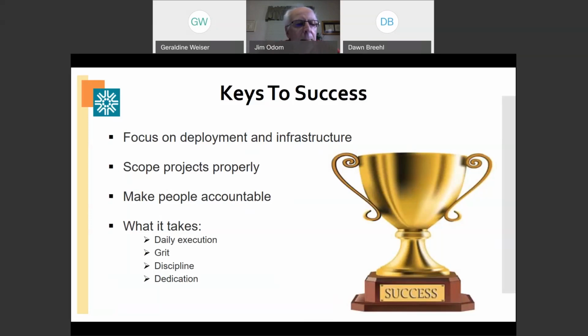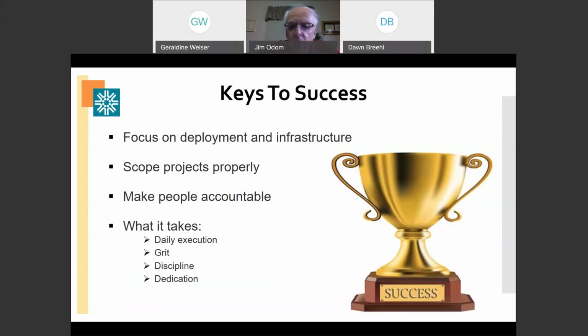Another thing is make people accountable. When they go through this process, they'll have the tools and techniques to make improvements. Let them go ahead and make those improvements, and make them accountable for the results. That's why you have project champions and sponsors, so that they interact with the team and the leaders of these teams to understand what's going to happen. It's not carte blanche where they just do what they want, but in coordination with the sponsor and champion.